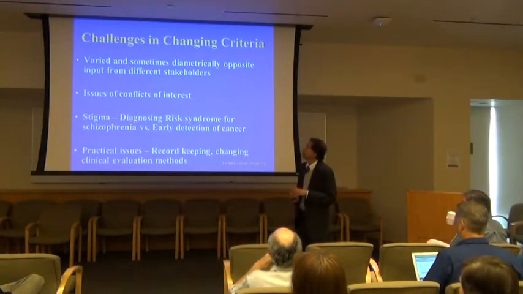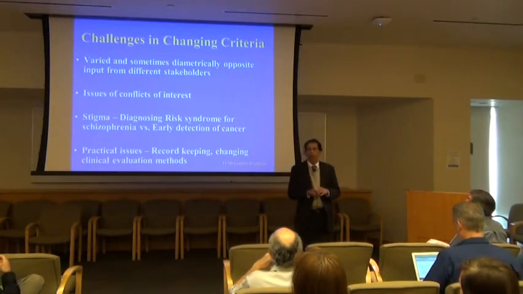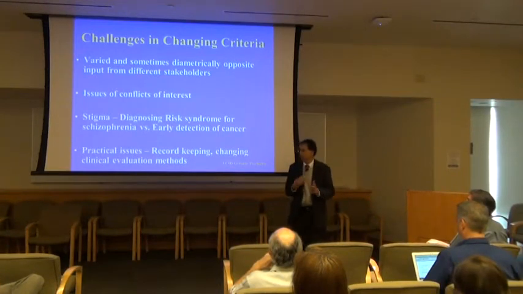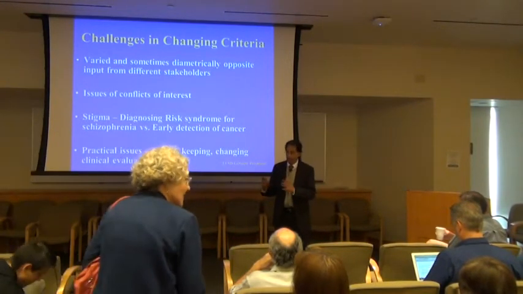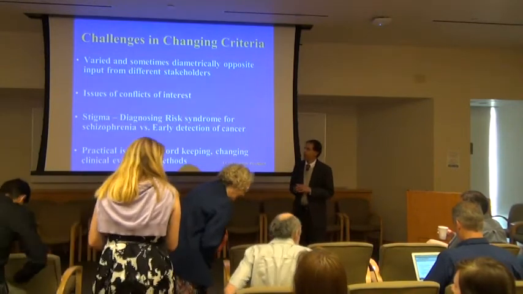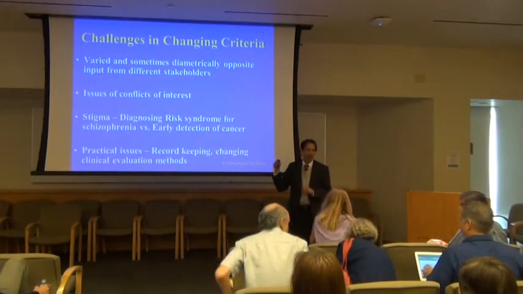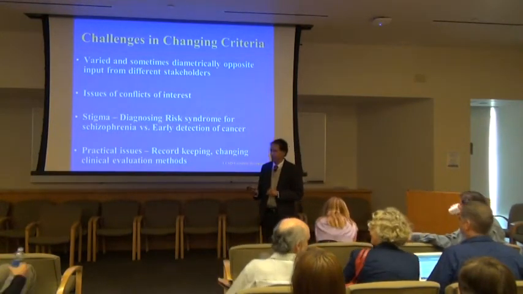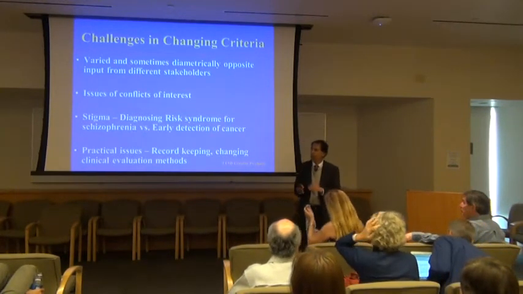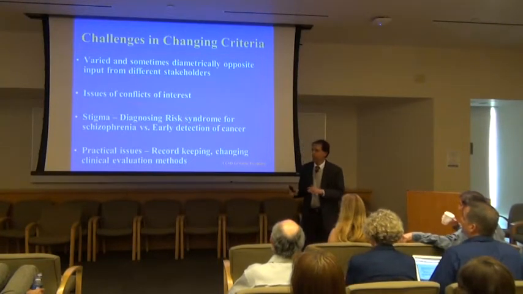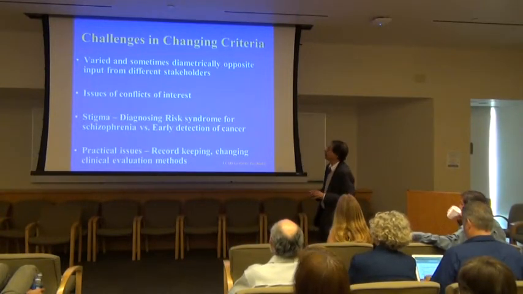The stakeholders clearly are important, but let me give you an example of gender identity disorder, what is now called gender dysphoria, where a person in a man's body feels that she's a woman. So the transgender community, many of the people in that community did not want to have that in the DSM-5 because they said it's not a mental illness. On the other hand, the other half of the community wanted it in the DSM-5 because if it is not included, people won't get reimbursed for sex change operations. So you see that there are conflicting perspectives on the same issue.